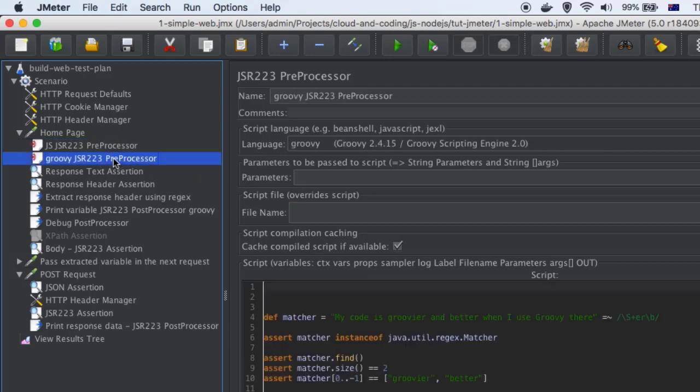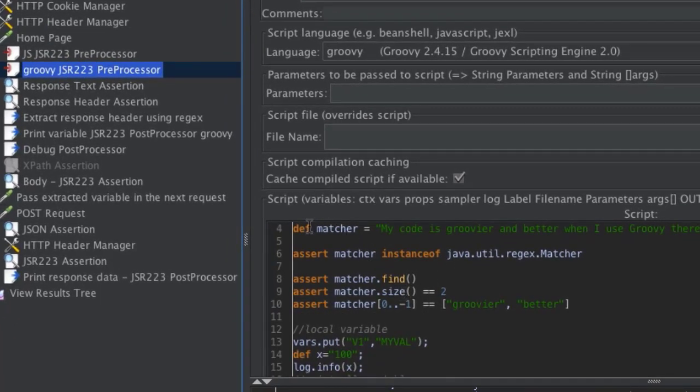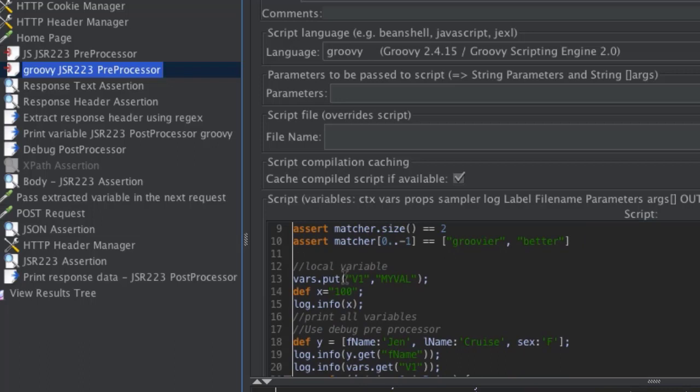Then there is another preprocessor that I've added, which is in the Groovy language, not JavaScript. And these are the variables you can see here, available in this Groovy context. This is typical Groovy code. What I'm doing is checking certain regular expressions there. Then down here I'm creating one variable v1 with this value, and I'm putting it in the Fares object. The Fares object is used across different requests. So once you set this variable, it will be accessible in the subsequent requests as well, and you can access it from there. That is how you can use the preprocessor.